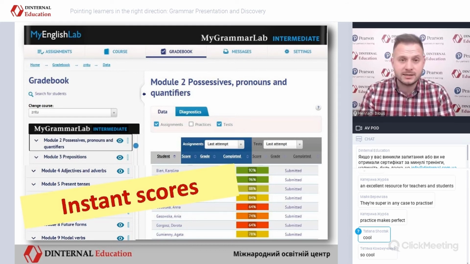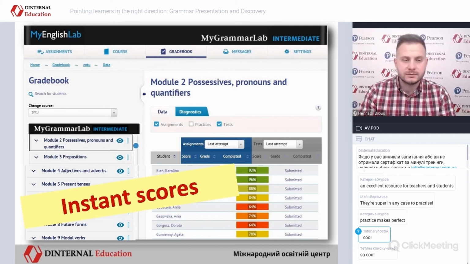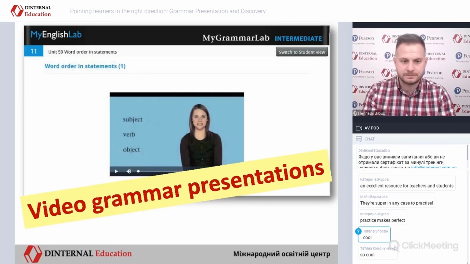Not only is it checked, it doesn't only give you the score, but it gives you a very thorough analysis of what your students were doing when practicing their grammar: how much time they spent, how many attempts they used, what their strengths and weaknesses are. So lots of different data for you to be able to really see how your students are doing. Video grammar presentations, well, they're fantastic when you're not around, when you're not available,